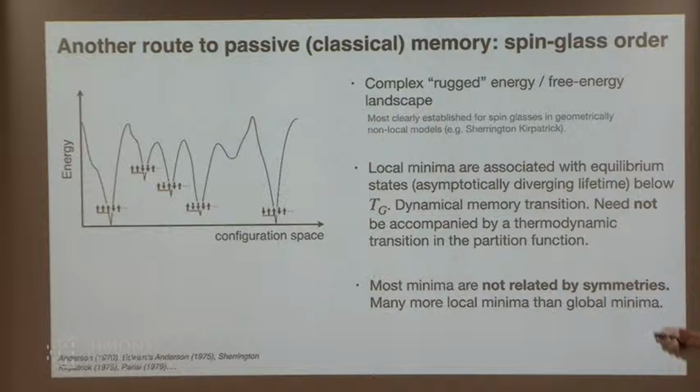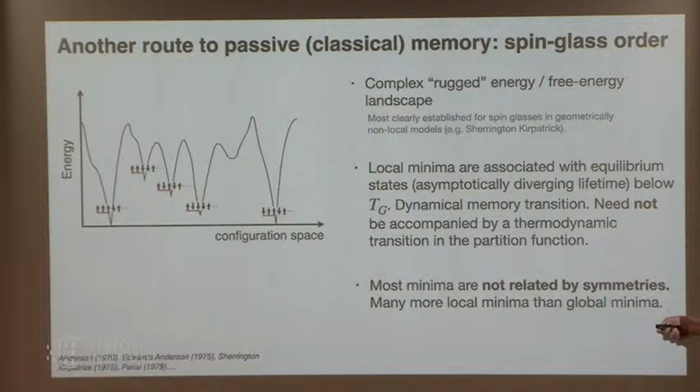In addition, most of these minima are unlike the Ising model. In the Ising model I had two minima, mostly all up and mostly all down, and they were related by the global Ising symmetry, and that's why this was spontaneous symmetry breaking, because you act with the symmetry to go from one equilibrium state to the other, and those equilibrium states break the symmetry. Here, most minima are not related by symmetry, so you shouldn't think of this as spontaneous symmetry breaking.